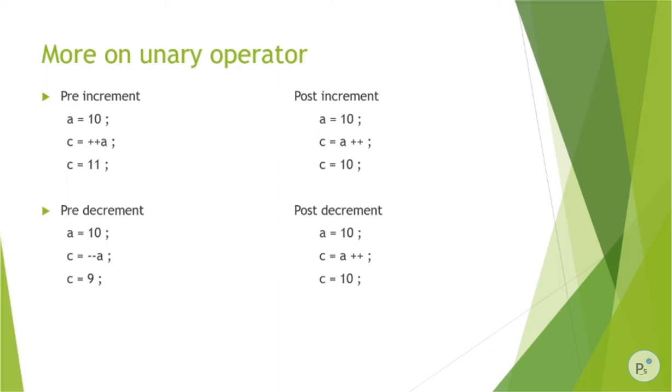Okay. In case of post decrement, a is assigned 10. First the assignment is done, then, in the slide there is plus plus, there should be minus minus. It's a mistake, sorry for that. So it will be c equal to a minus minus, so it will assign the value first and then decrement. It is assigning the value first, so no effect, c will contain 10.